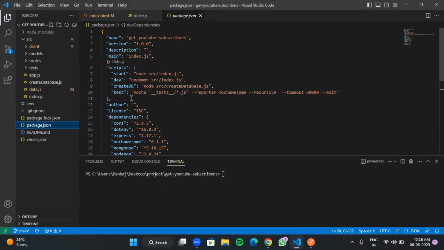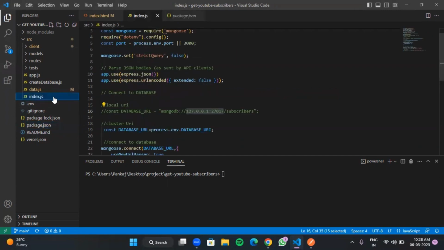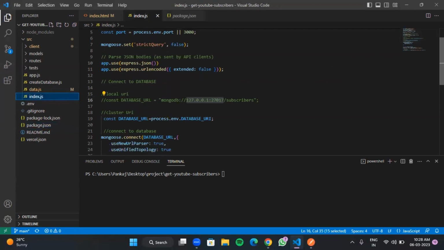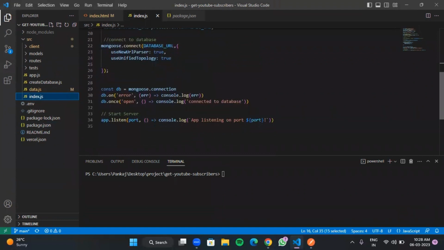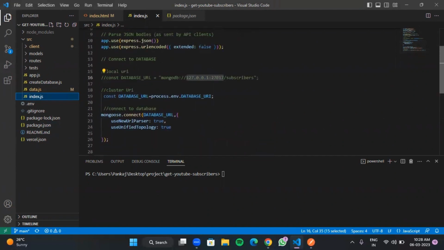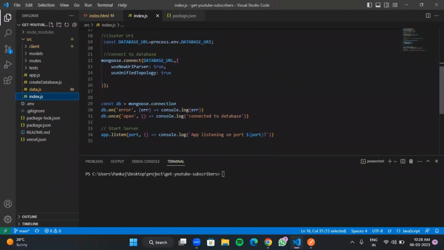Okay, let's discuss the folder structure first. When we start this server using npm start, this will run the index.js file first, and this index.js file will connect the server, or start the server, on port 3000, and then this will connect the database